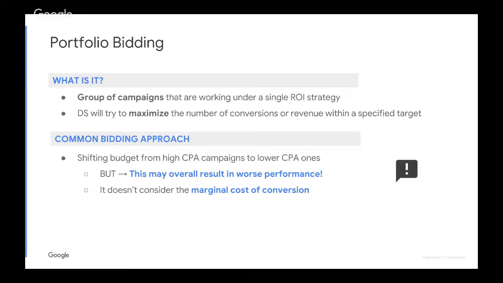Portfolio bidding. Now changing the topic slightly to one aspect of the bid strategies, which is very important, and it's also one thing that algorithmic bid strategies like those in DoubleClick Search use and allow you to get better performance. Now, what is a portfolio? Well, a portfolio is a group of campaigns that are working under the same bid strategy. It can be an ROI bid strategy, a CPA bid strategy. And within this group of campaigns, within that portfolio, DS will try to maximize the number of conversions or revenue